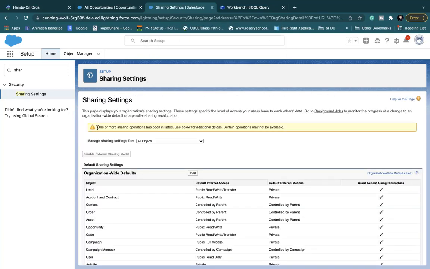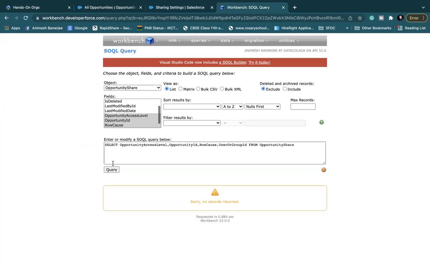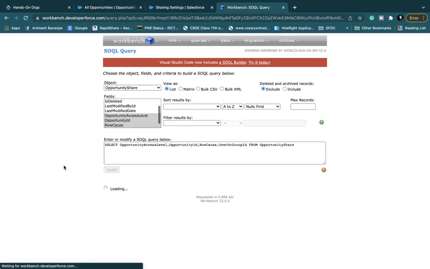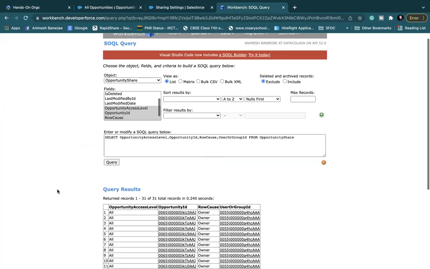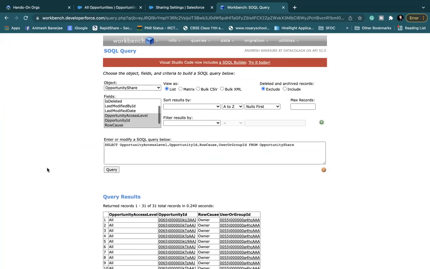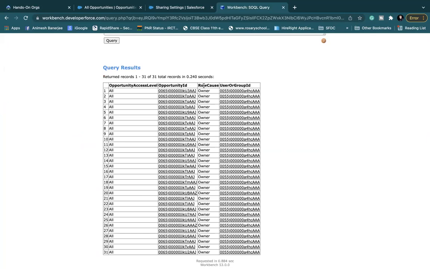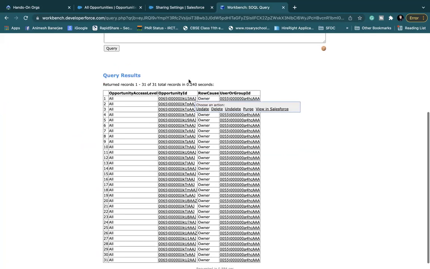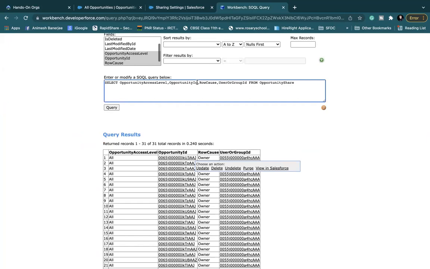You see, it will take some time to do calculations. The background is happening anyway, but we'll check whether these are available now. You see, now 31 records have been created in this opportunity share object because Salesforce is now tracking it. Now let's see which opportunity it is. Instead of opportunity ID, I will put .name.